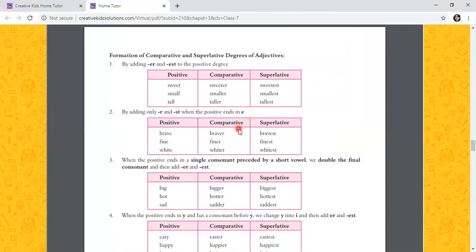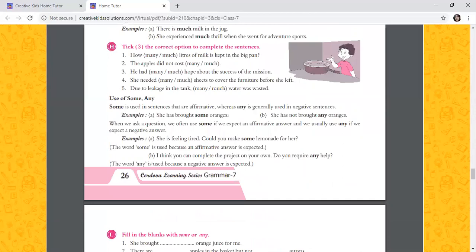In comparative degree, what do we have to use? We have to add R. And in superlative degree, ST. See here, braver, R we have added. And in superlative degree, ST has been added. When the positive ends in a single consonant,